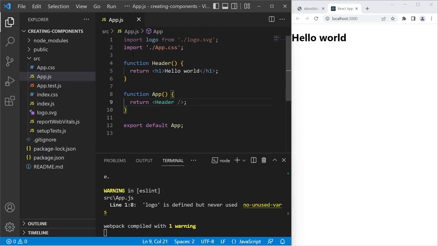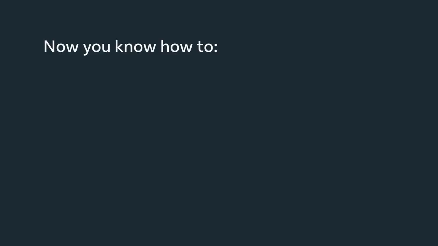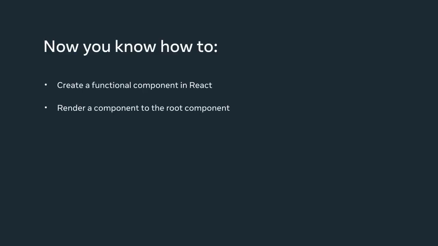At the moment, the header component code exists in the same file as the app component. To make the header component isolated and reusable, I need to place it in its own file. Then I can reuse it multiple times in the application anytime I want to display a heading element with some text. And you'll learn how to do this very soon. In this video, you learn how to create a functional component in React and render it to the root component